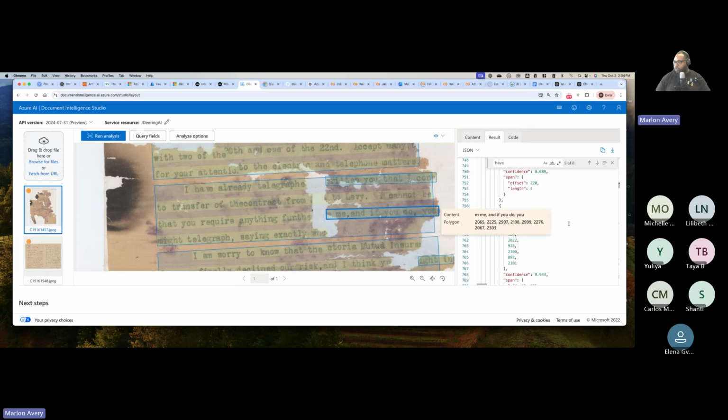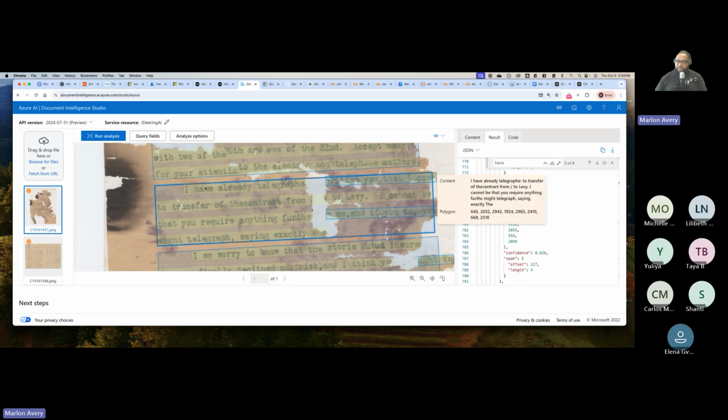So we got a confidence score. Here we go. All right, so I'm pretty confident. I find it interesting that "half" is pretty confident too. It's still an 83% confidence score, but the type is kind of weird. It has this space, almost like it's two different letters, but it still was able to capture it, which is just phenomenal. So "already telegraphed," and then it falls off there. So I have "telegraphed something"